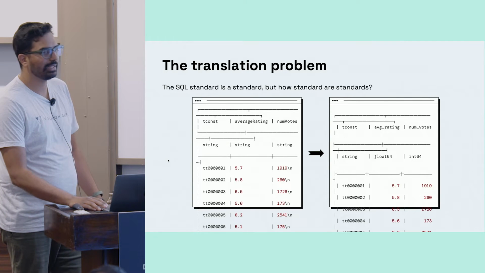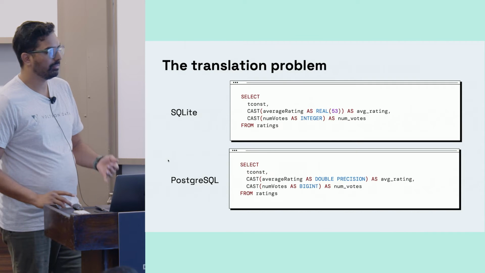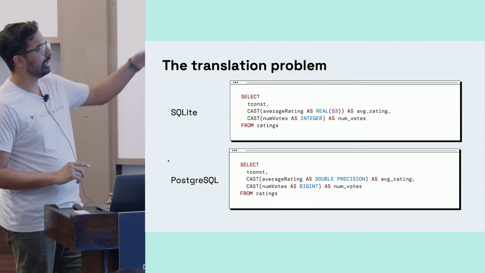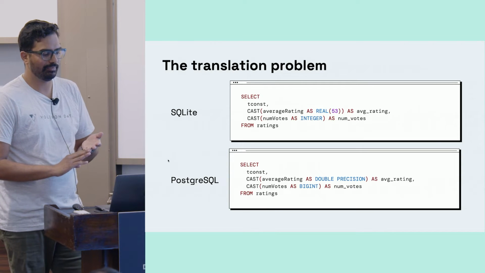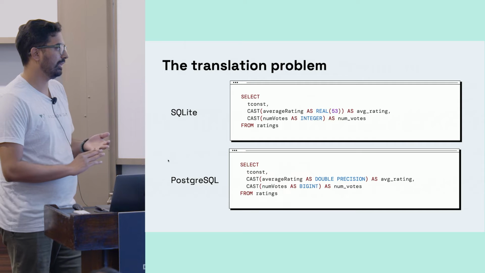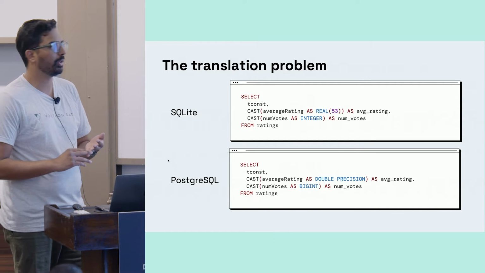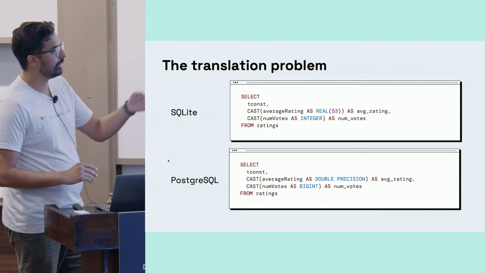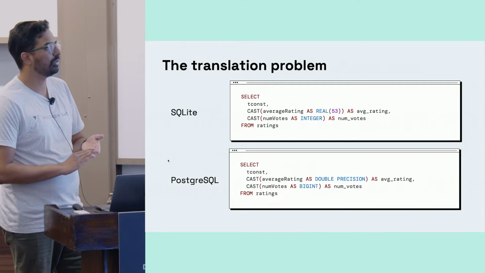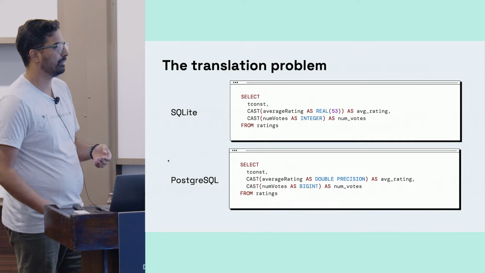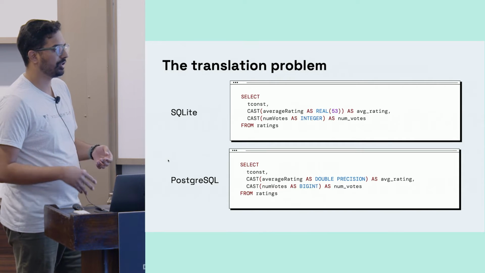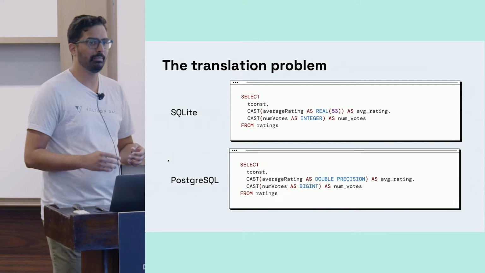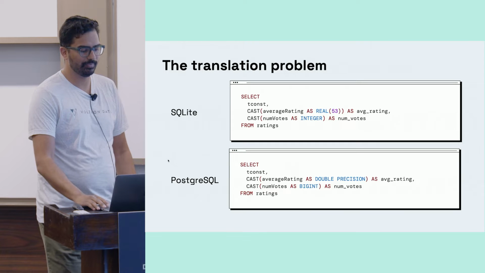So let's see what this actually looks like. We can already see it, just a simple cast operation. Locally, let's say we were using SQLite, and below, in this hypothetical example for remote execution, we're using Postgres. The only differences are we're casting in SQLite to real and integer. The types in Postgres are going to be double precision and bigint. It's a very minimal example, but we can already see that the dialects start to diverge.